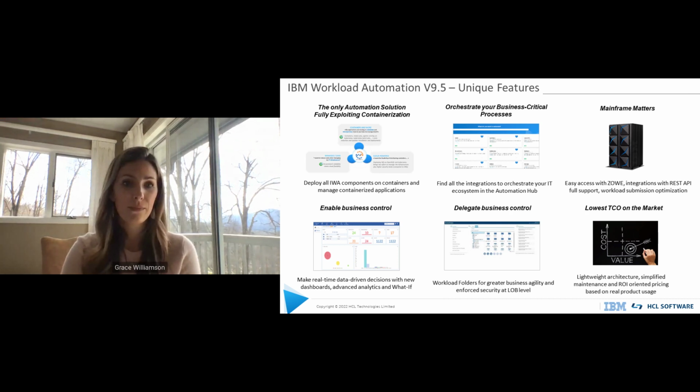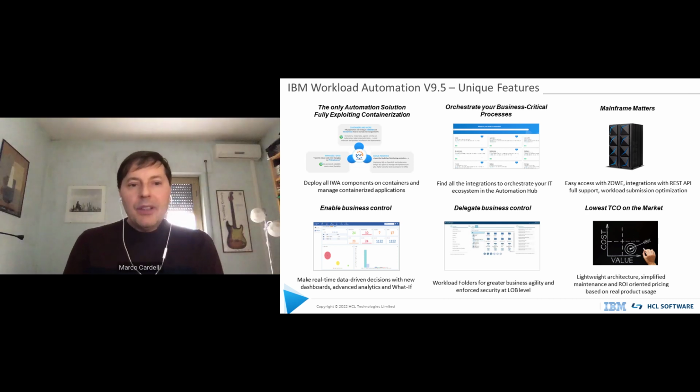Okay, thank you, Grace. So before going to watch the new features of version 10, I would like to give you a short recap of what we did in the previous version, 9.5, because it was a very important new release for the product, where we restructured the prerequisites and the infrastructure used for the product